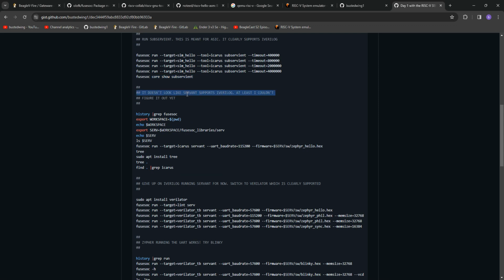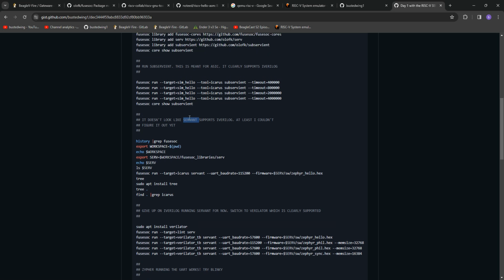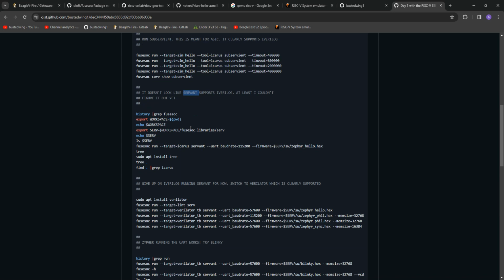Again, like I said, I couldn't get SUBSERVIENT to work on iVerilog. This was with Subservient, which is the model that's designed to go into an ASIC. I think I mentioned that earlier. So I switched over to Servant, which is basically targeting the FPGAs. So then I ended up having to install